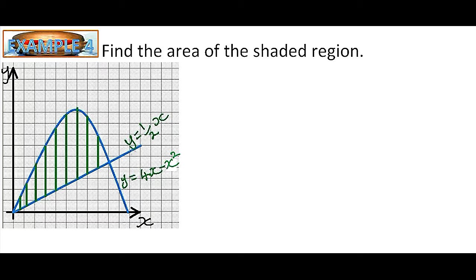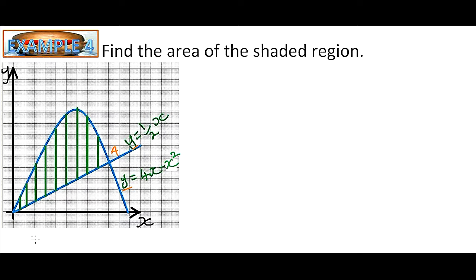So in this example, we are required to find the area shaded. Now here we have two graphs, y is equal to a half x, and another quadratic graph, y is equal to 4x minus x squared. We get the area by integrating, but we need to find the limit. The two graphs share a common point A. So this is where we can put our point A. So at point A, y of this function is the same as y of this function, and therefore we can